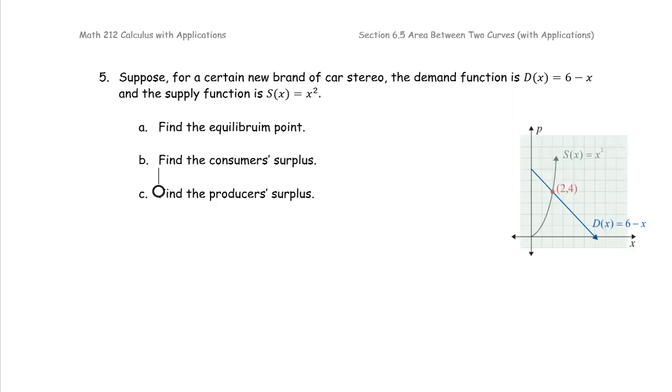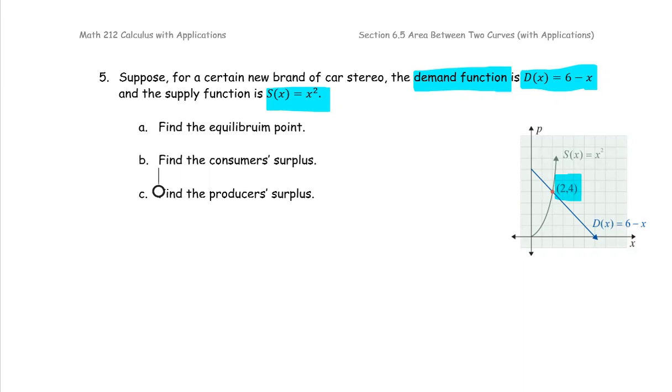For this problem 5, for a certain new brand of car stereo, the demand function D(x) is 6 minus x, the supply function S(x) equals x squared, and the graph is given, which is nice. As you know, the demand is a decreasing graph, the supply is an increasing graph, and those two meet at (2, 4). But if the graph is not provided, again, use the graphing calculator to determine which graph